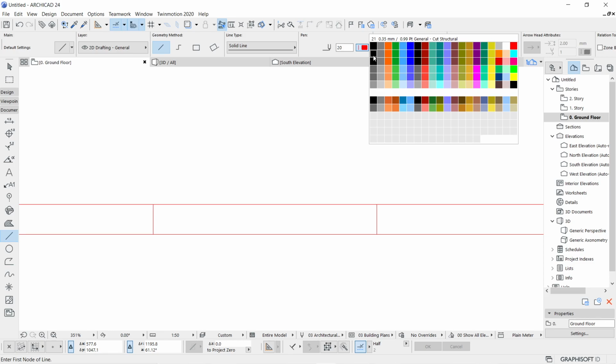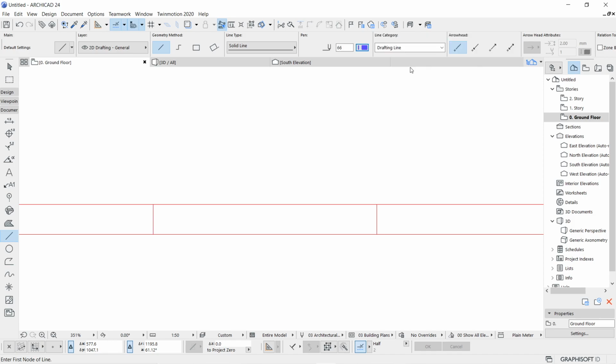So if you want to draw these lines as window lines, and keep them in a blue color, and also with a light line weight, a thinner one, not a thicker one, let's work with this 0.2 mm, blue color. So from now onward, whenever I draw a new line, it will get drawn with the number 66 pen. If I stay over here, you can see half of the line length is getting marked with this blip.